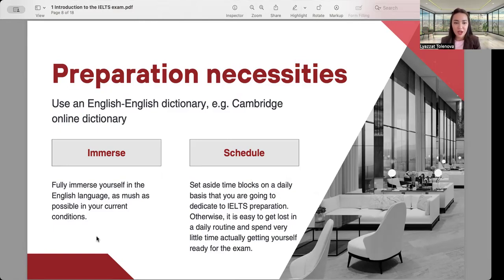Sleep less if you have to, wake up an hour earlier, etc., if you have a bunch of other responsibilities. I understand that might be asking a little too much of you, but honestly, people always want a magic pill. People think that just buying an IELTS preparation course is enough, and that just because they bought the course, they now automatically are entitled to a band 7.0 or a band 8.0. Unfortunately, that's not how it works, and